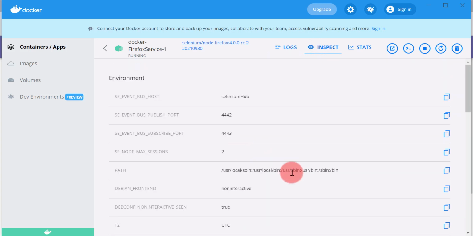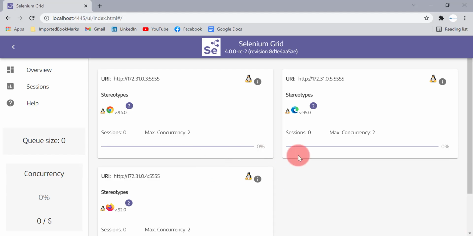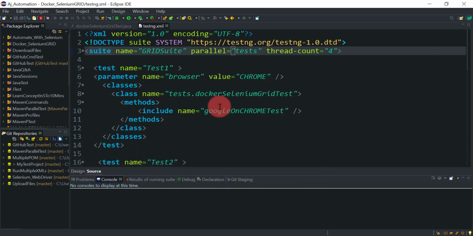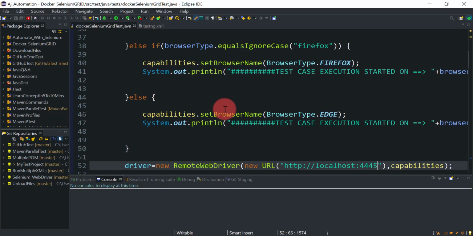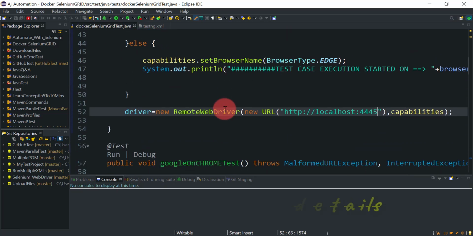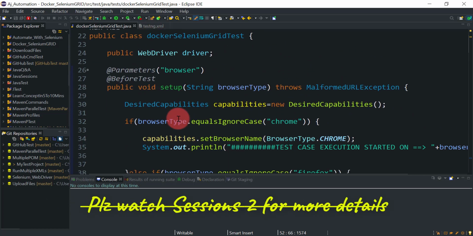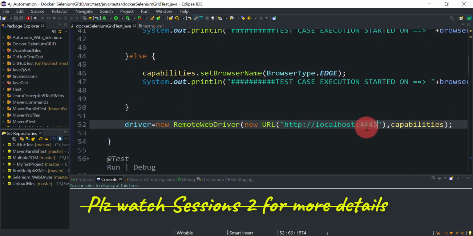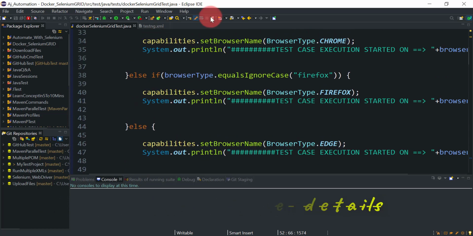Okay, cool. So now let's try to run our test cases in parallel on this Selenium Grid 4. We will send 4 test cases to Selenium Hub. Let's try to run all 4 on the Chrome browser and see what happens. I am going to use the same project that we created in session 2. If you want to understand how we created these test cases and configured them to run in parallel, you can watch session number 2. Here I have pointed my test cases to this Selenium Hub running on localhost 4445, using the RemoteWebDriver.